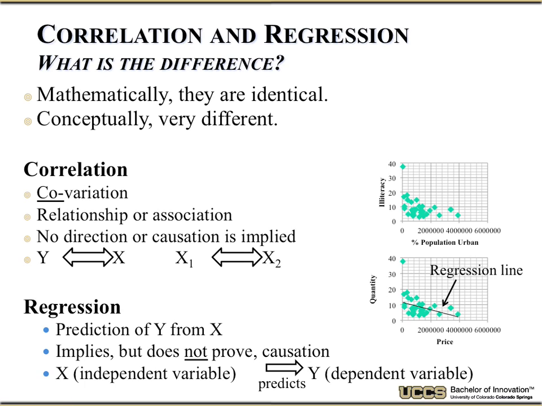Regression is actually a term where we say, given the value of x, I'm going to predict y. So I'm going to predict y from x. Okay? Mathematically, it's the same relationship. I'm using the correlation. In this case, I'm going to look at the x value, and I'm going to use that to predict what's the y value I would see. I can actually do the same. This is the same data. I could do that up here. Correlation and regression have the same relationship, but people who are doing regression normally imply, often incorrectly, causality.